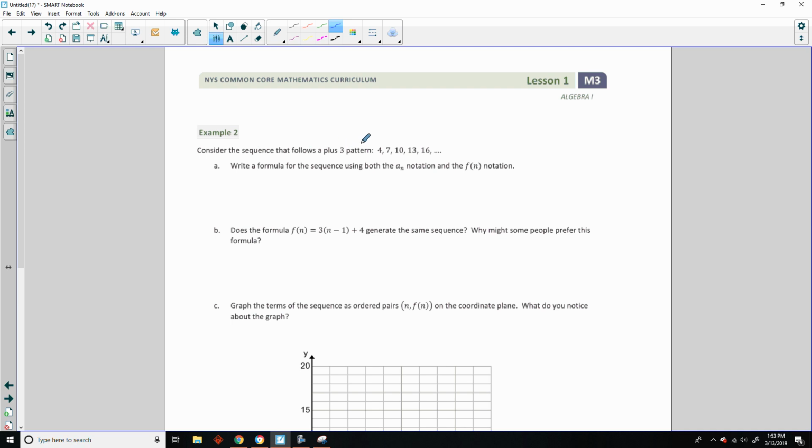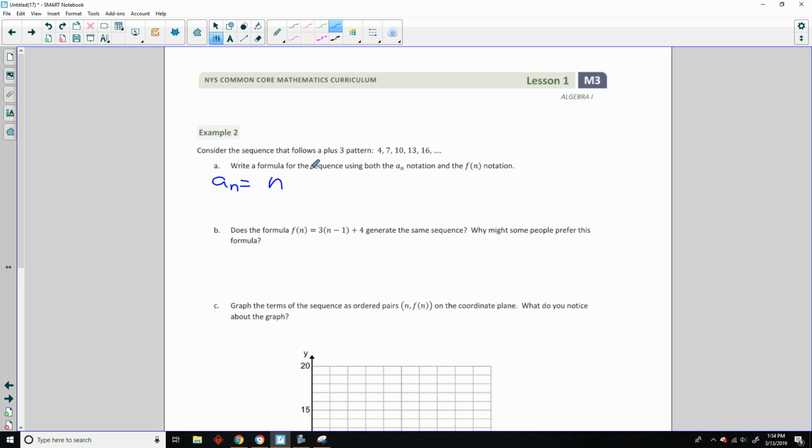Consider the sequence that follows a +3 pattern: 4, 7, 10, 13, 16. Write a formula for the sequence using both a sub n notation and the f of n notation. So I'd write a sub n equals, and our first term is,